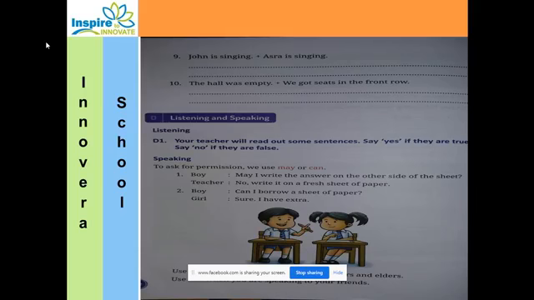For example, children, when you are in class and you want to go to the washroom, you usually say, can I go to the washroom? But to elders, to your teachers, you should always say may. May I go to the washroom? This is the correct statement. But if you're talking to your friends, you can say, can you give me your pen? Can you give me your book? Can is allowed for friends. But if you're talking to your elders, your teachers, and taking permission, you should always use may. Am I correct? Next.